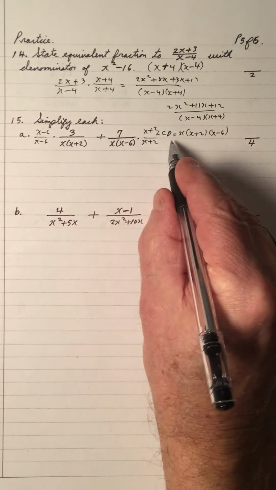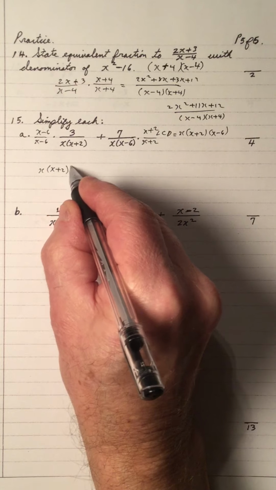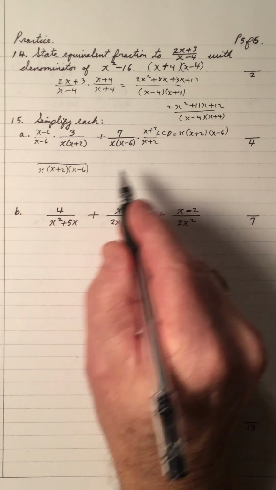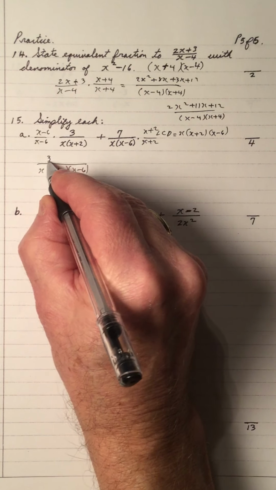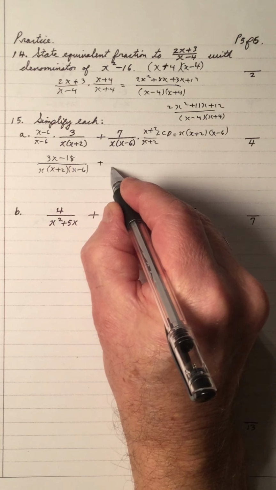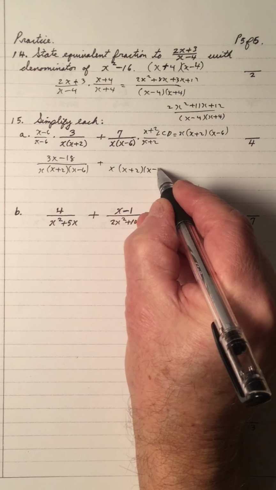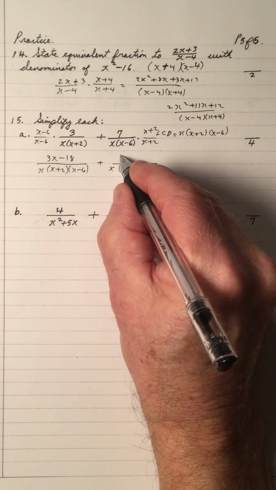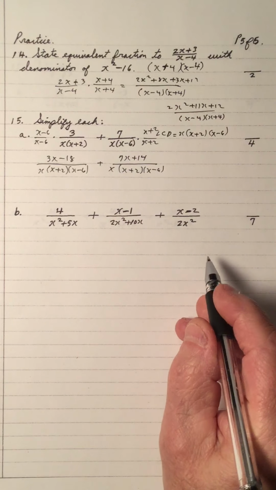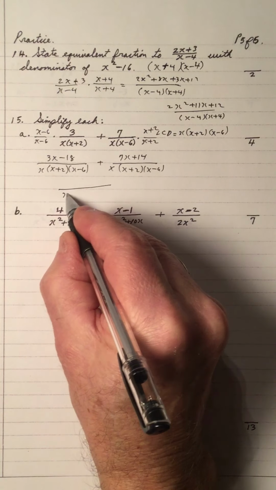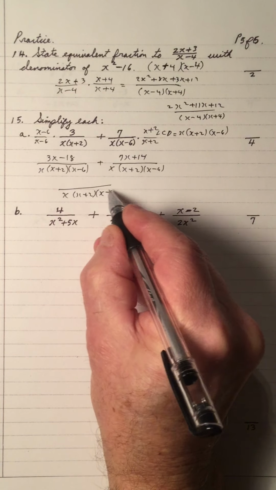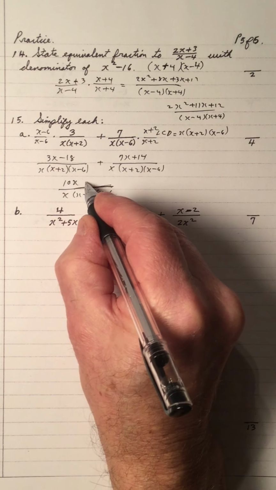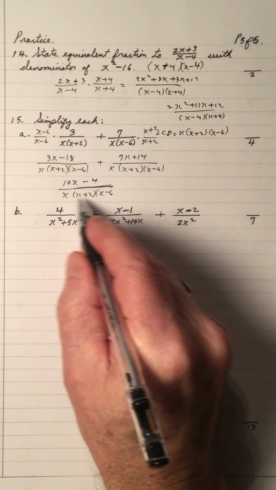So when you multiply, you get this LCD, x times x plus 2, x minus 6. What I have here is what I'm going to put below both of these. So 3 times x minus 6 is 3x minus 18. And x times x plus 2, x minus 6. Then I have 7 times x plus 2 is 7x plus 14. So I have the same denominators, which is x times x plus 2, x minus 6. And I have to add, keep the denominator, add the numerator, so it's a 10x minus 4 all over this